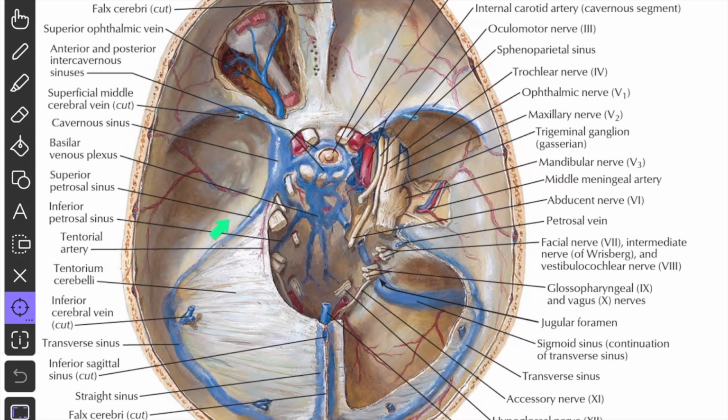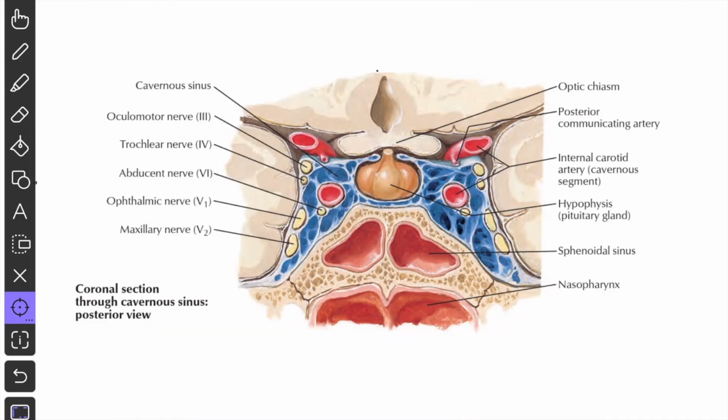So here you have the temporal lobe of the cerebrum, the uncus of the temporal lobe. In this picture, laterally the cavernous sinus is related to the uncus of the temporal lobe. Above, it is related to part of the optic chiasma. So this is the optic chiasma, and it is also related to the internal carotid artery. So here you can see the internal carotid artery. The internal carotid artery turns backward and then upward after piercing the roof. The course of the artery within and above the sinus describes a U-shaped loop that is known as the carotid siphon.